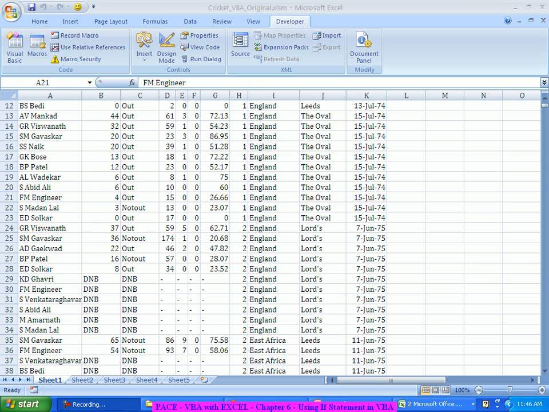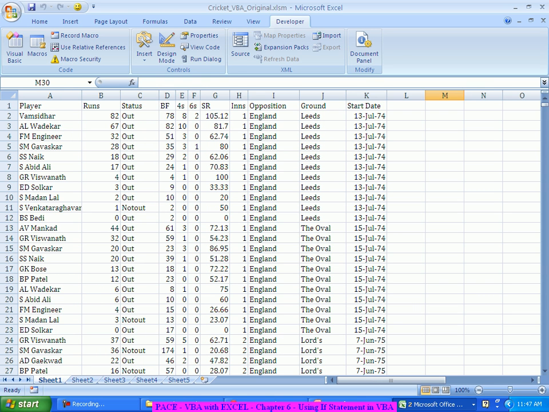The next construct which we'll typically look at is the usage of the if statement, not the Excel if, the VBA based if. Just like the query which I told you earlier: if the sum is greater than some value, do a sorting on the runs. Otherwise, do a sorting on the strike rate. Or to make it even simpler, wherever I put my cursor,